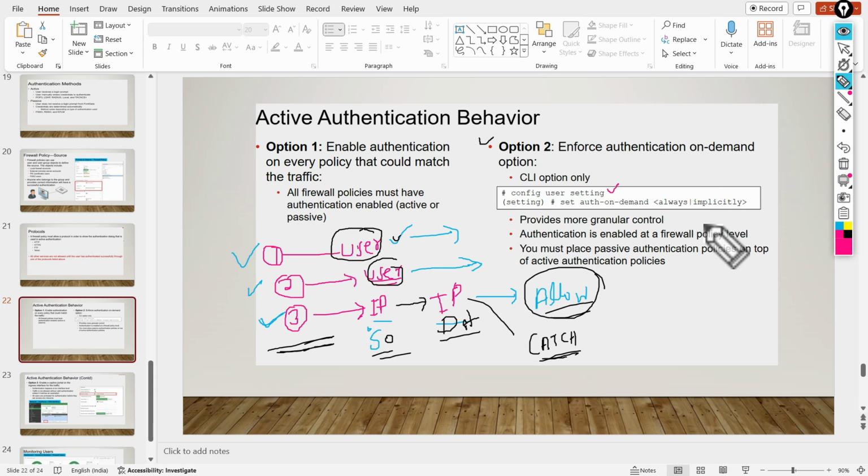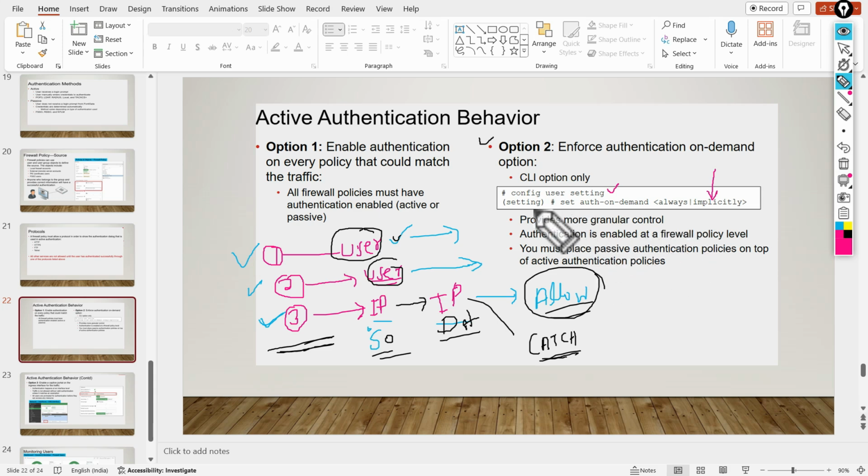If we do not modify it, by default the action will be implicit. In the implicit action, if the user identity does not match on policy 1 and 2, and the third policy does not have any user identity, that will match and take the action.